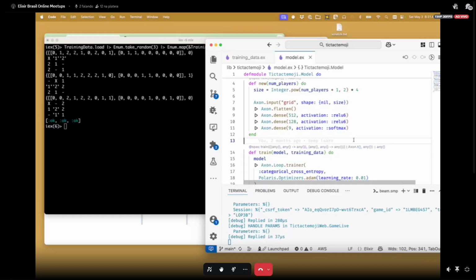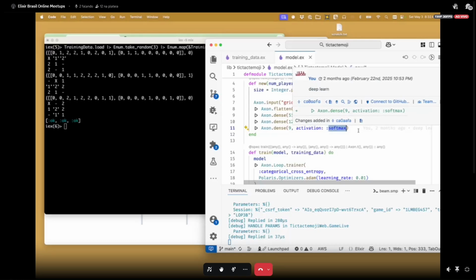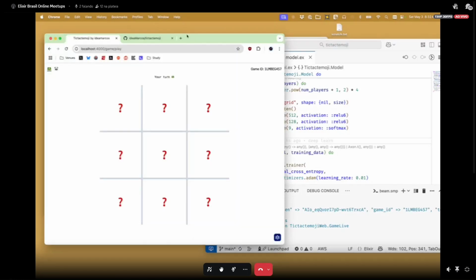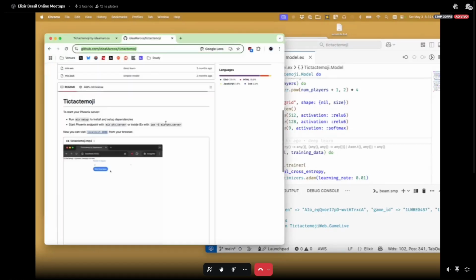It's just the way it is. And these, ReLU 6 and softmax, are just different types of activation functions. I don't really go into that because it's very complex, but in the README,